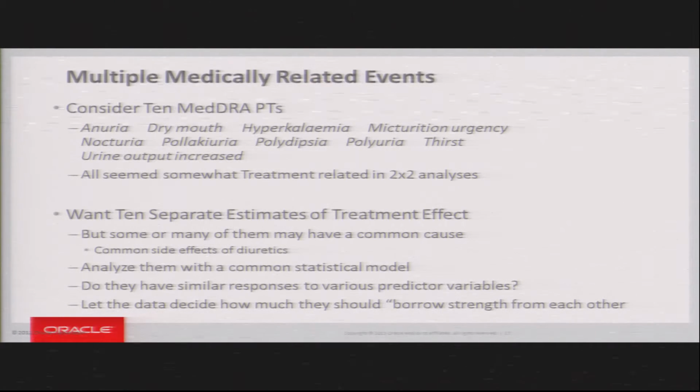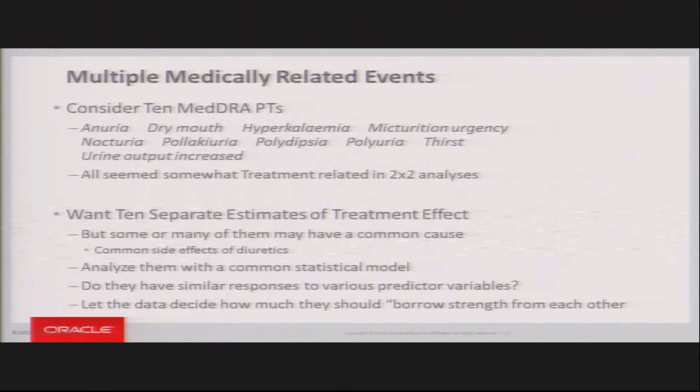Here are 10 different MedDRA preferred terms that are all somewhat medically related, and the question is, should you analyze those 10 terms completely separately, or lump them all and just call it one term if any of them are present? You might like to get 10 separate estimates to make it plain what problems are showing up in this trial,